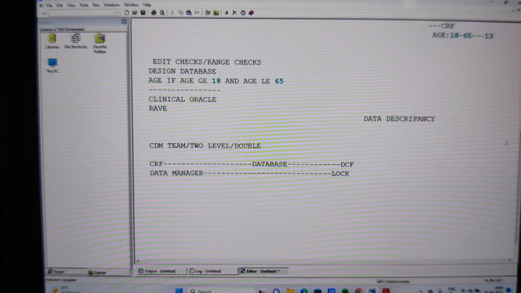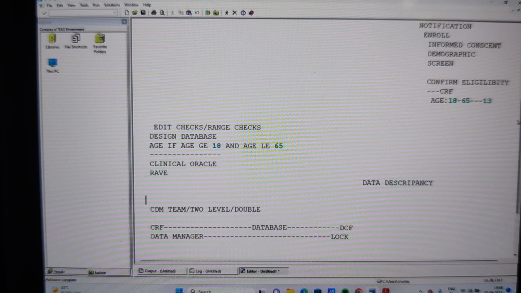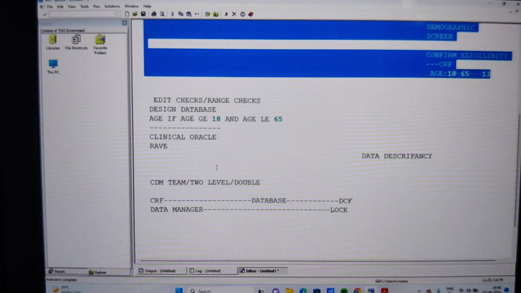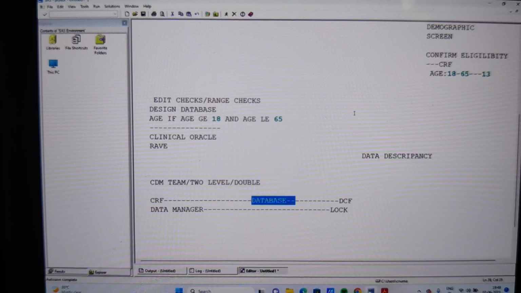Now, apart from these two, while we are conducting the clinical trial, the data continuously flows, and we get the data into the CRF sheet. From the CRF sheet, people will enter the data into the database. Now, how the clinical trial is being conducted, how the subjects are getting adverse events, what kind of adverse events they are getting. Is it an adverse event that has already been listed, or if anybody is getting a new adverse event, even that has occurred. We monitor this live, and that is called pharmacovigilance.